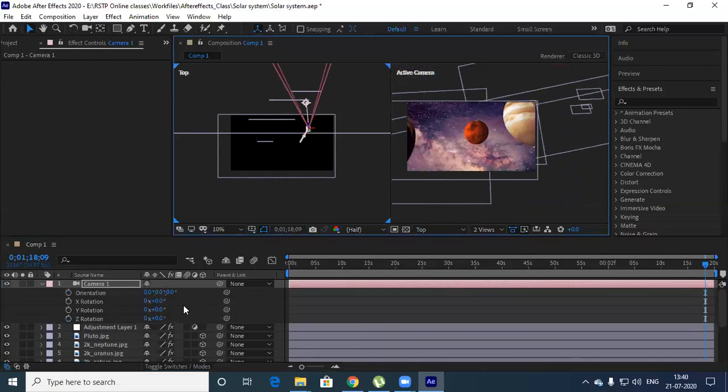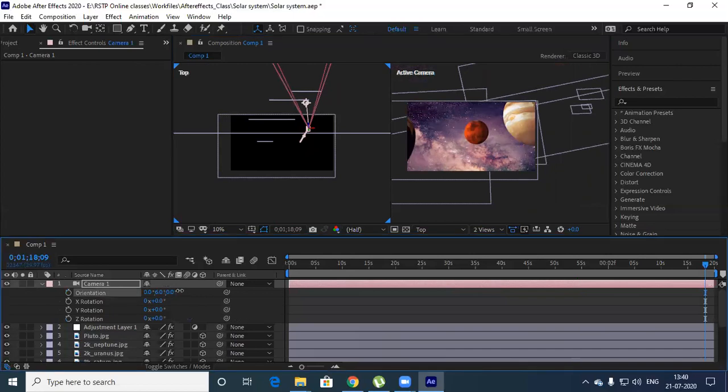So you can even rotate the camera, camera rotation XYZ you can make.